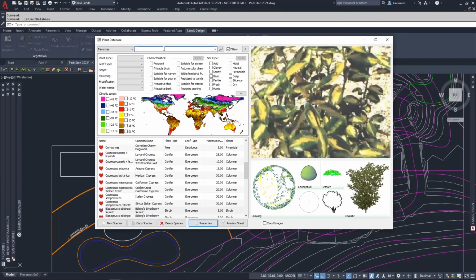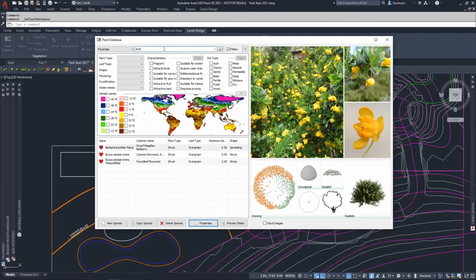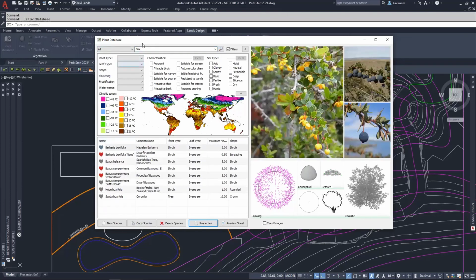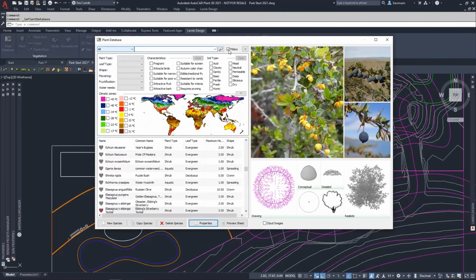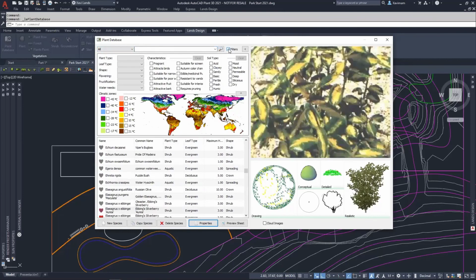Another thing that we can do is use a filter just by typing some letters. The program is going to look for any letter combination, and it can find it in the whole database, in BIM favorites, or in all the plants. For example, you can see that first of all I was filtering the favorites. Of course, you can remove the filters just by clicking this option, because we have as well options to make a